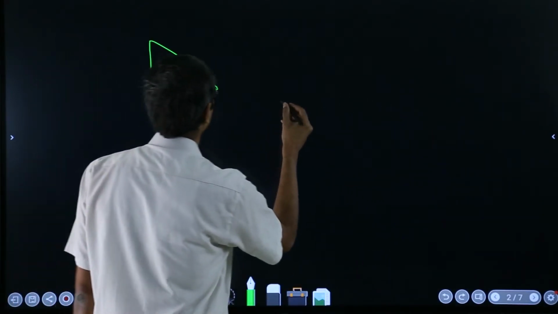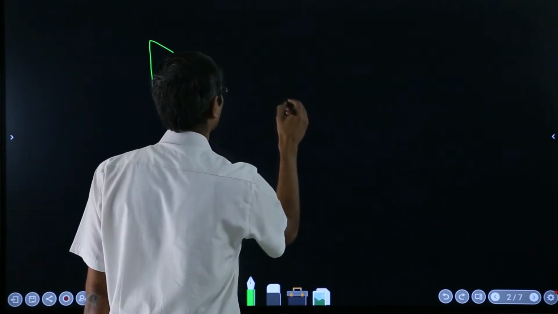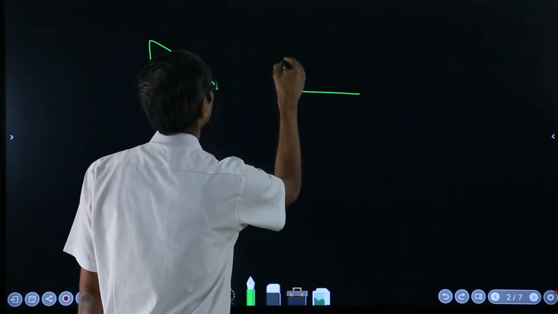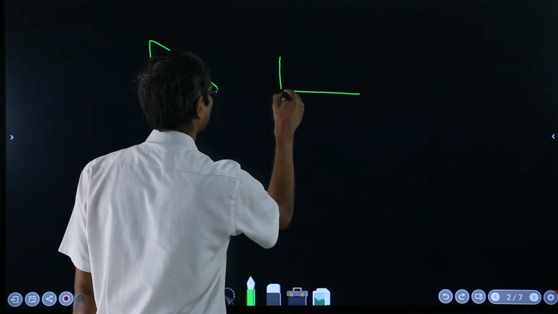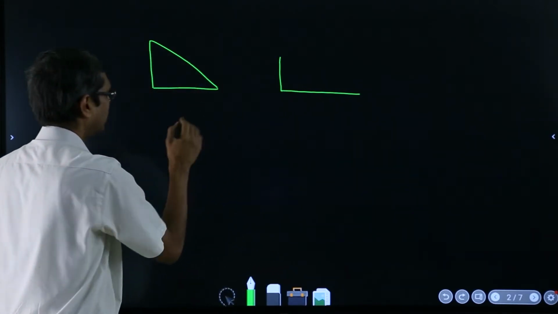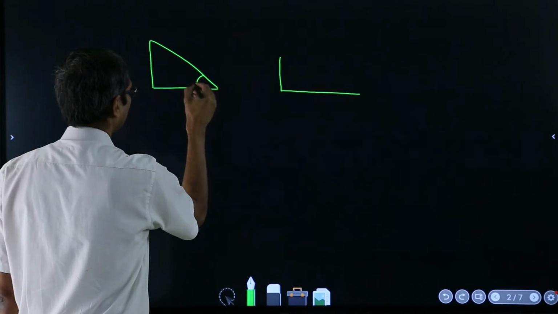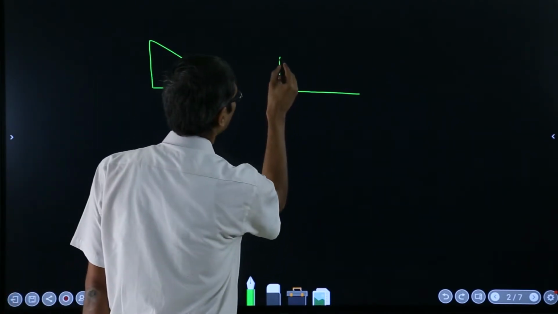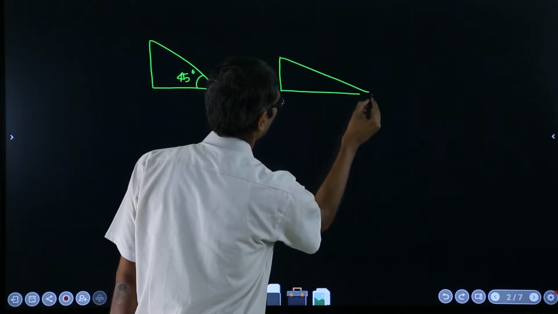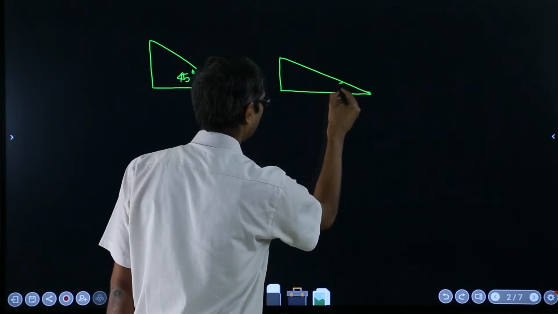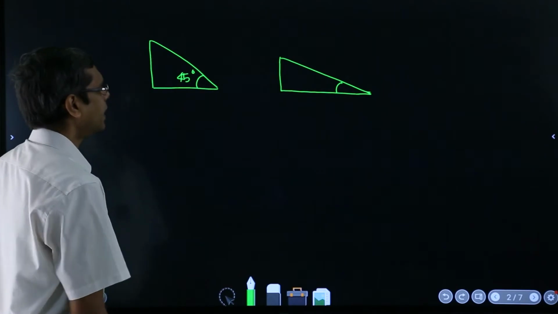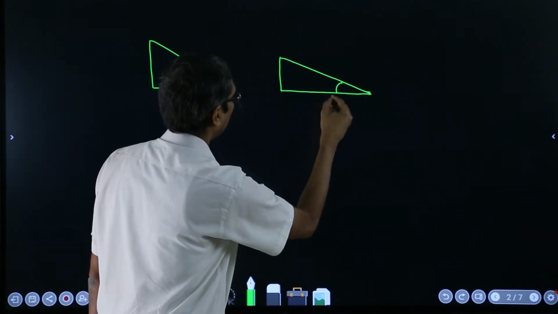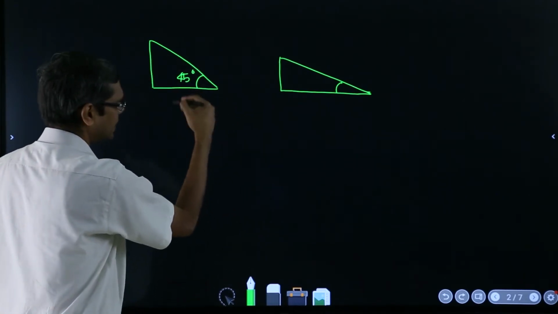It will be elongated in this direction, okay, and it will be shrunk in this direction, right? After you apply the force, initially this angle obviously was 45 degree, and now it will be some other angle which is less than 45 degree, okay, and